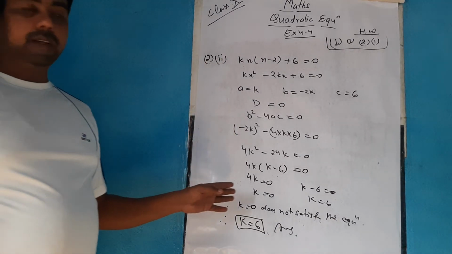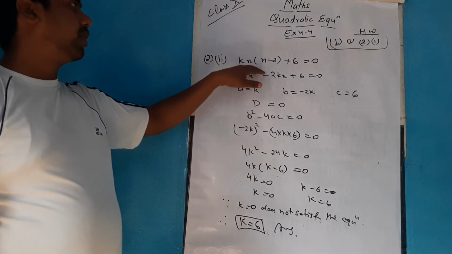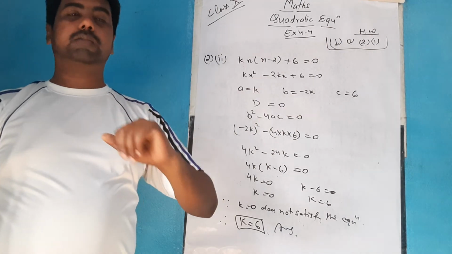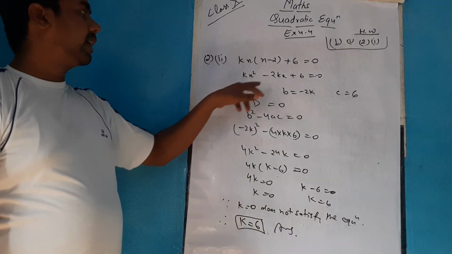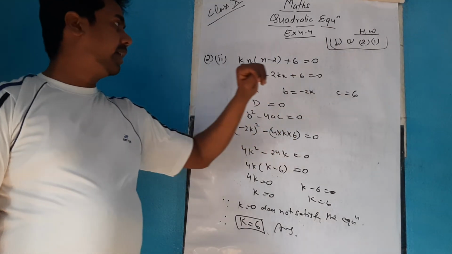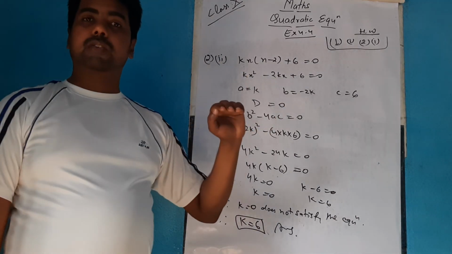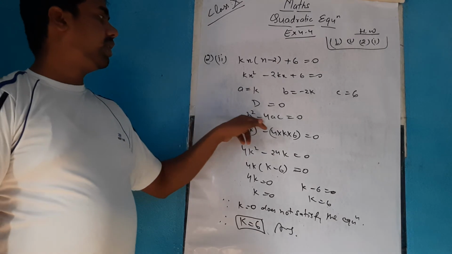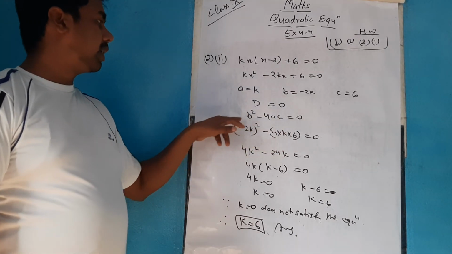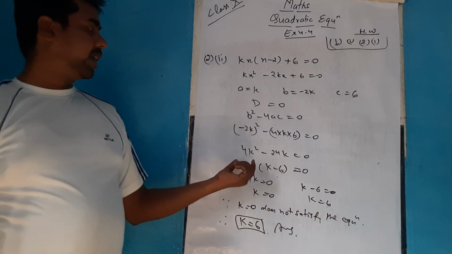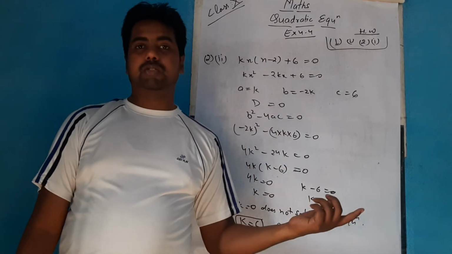I am repeating it again. First, you write your equation in the standard form of quadratic equation, which is ax square plus bx plus c equals to 0. Then get the value of a, b and c. As it was given in the question that the roots are equal, it means your D is equal to 0. Put that as D is b square minus 4ac. Write the value of b, a and c. And you see that we get 4k times k minus 6 equals to 0.